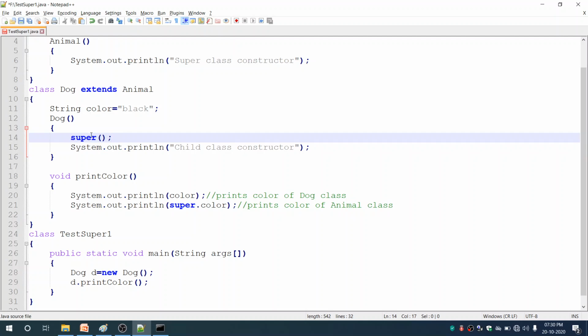So when I say super from the child class constructor, it will go to the parent class constructor and execute it, and again the control is transferred to the child class, and the remaining statements in the child class constructor are executed. Now let us see. First I'll make this super call a comment.